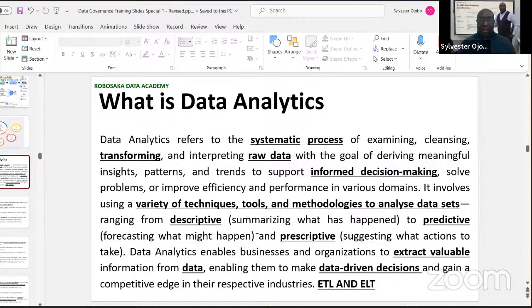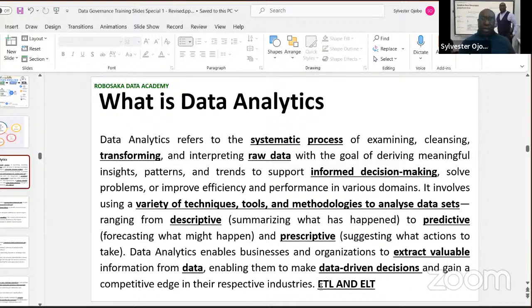So all these analytics help in having data-driven decisions and gaining a competitive edge with respect to competitors. We also mentioned two concepts which are very similar, ETL and ELT,